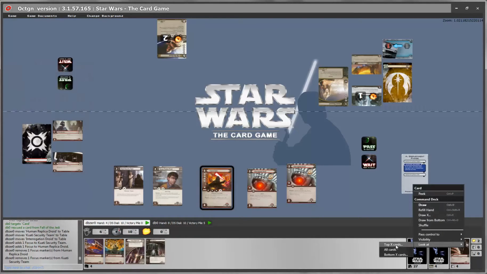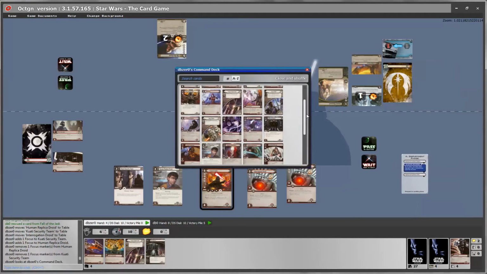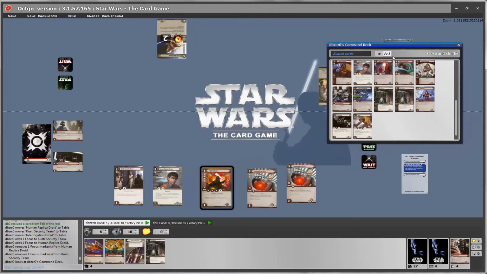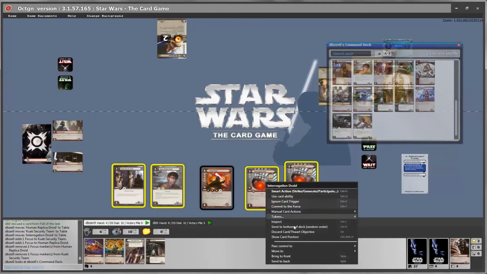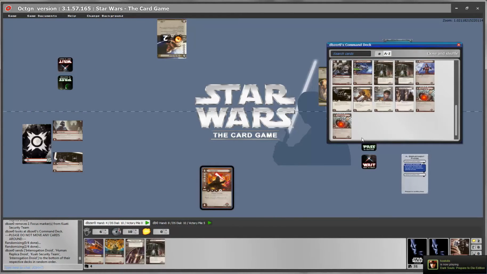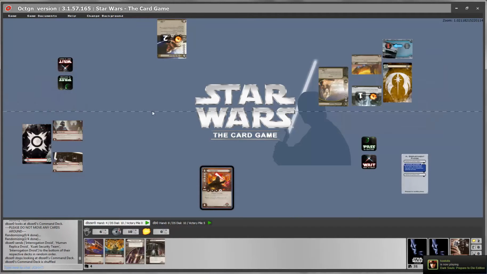We can look at our deck and we can look at all cards in our deck. Your opponent will see that we're doing it, but this will allow us to see that you can use this action when you're looking for a specific card in your deck. Let's select all the cards, exclude that Vader, and then send to the bottom of the deck in random order. And there we go. All the cards have returned to the bottom of our deck in random order. We close and shuffle, and we're done.